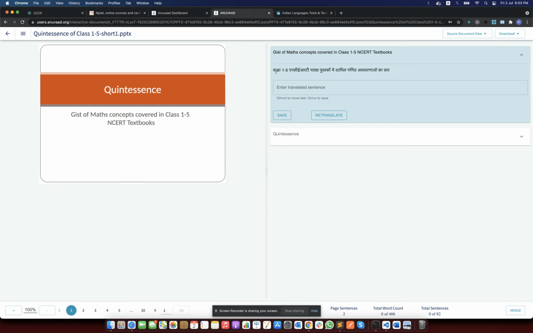For example, the sentence says a gist of math concepts covered in class 1 to 5, and it says the NCERT textbook. If I like this sentence, all I'm supposed to do is press Control S. You can see that this translation has been saved.